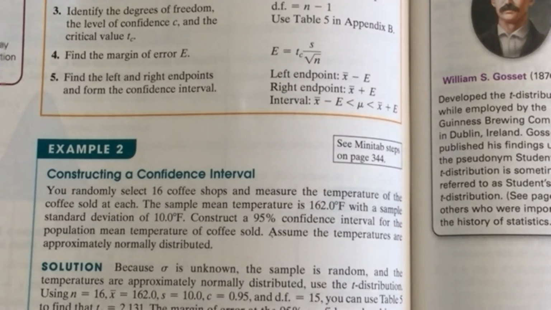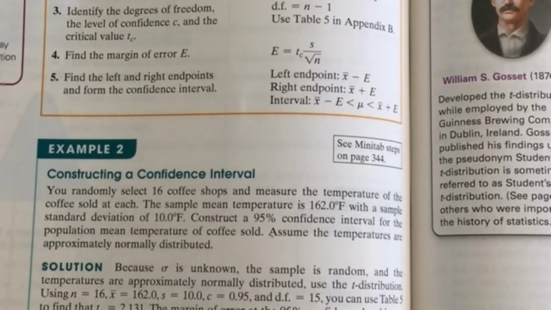Okay, so we want to estimate the mean, and here's what we know. We're going to go to 16 coffee shops. We're going to buy a cup of coffee, measure the temperature, and then take all 16 of those numbers, add them up, divide by 16. And what we're going to get is 162 degrees,